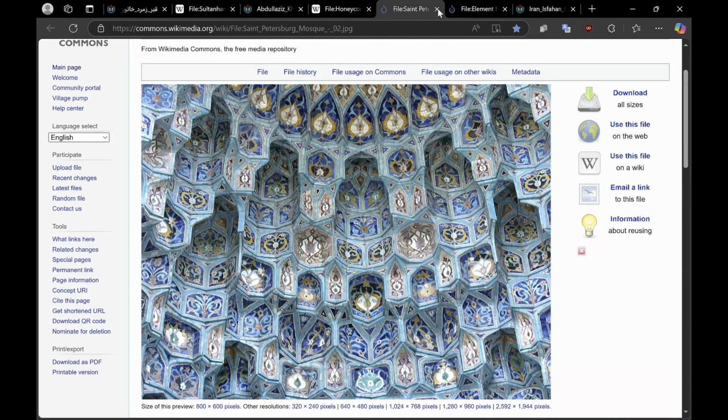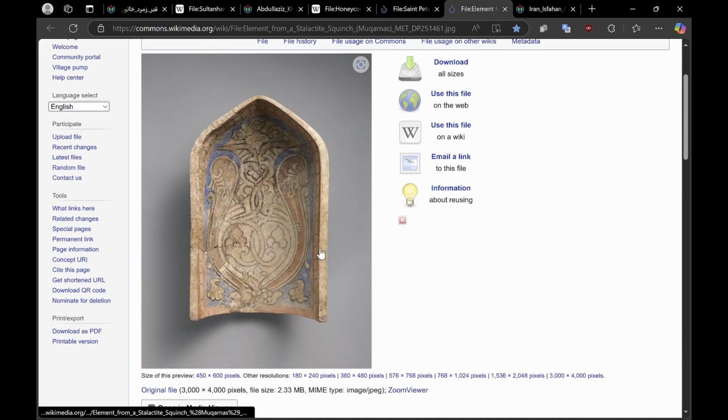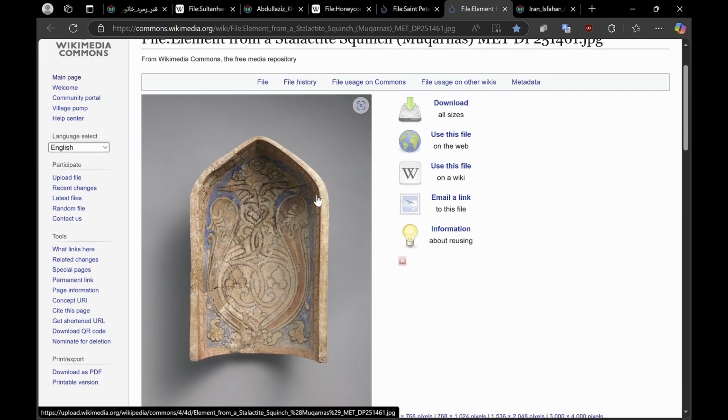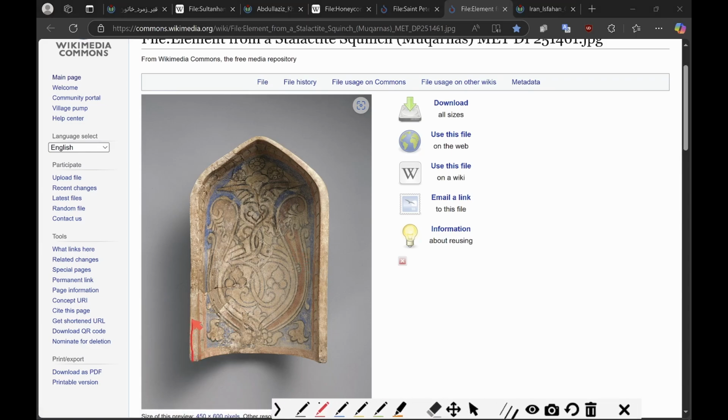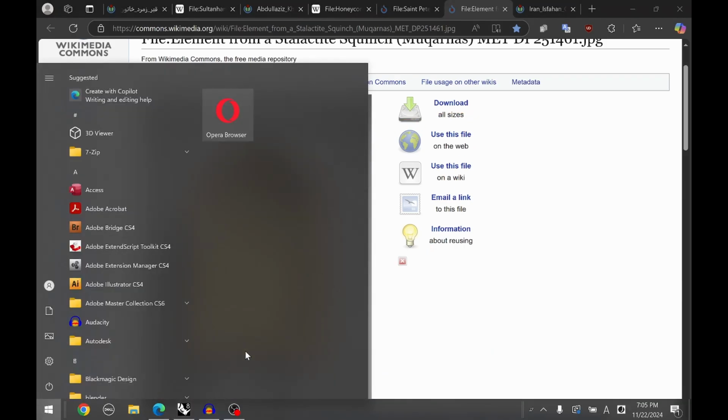So I want to show something else on here. So if we go here, right, this is what they would call a squinch. In between each of the Muqarnas, they'll call it a cell, and this is like a little squinch tile. So if you look at it in section right here, or in elevation, like what this actual photo is doing, right? If you look at it, it's flat and then it curves up. Because in elevation, this is one layer of geometry, and then it's connecting up to the next layer of geometry. So if we go back to Rhino real fast,